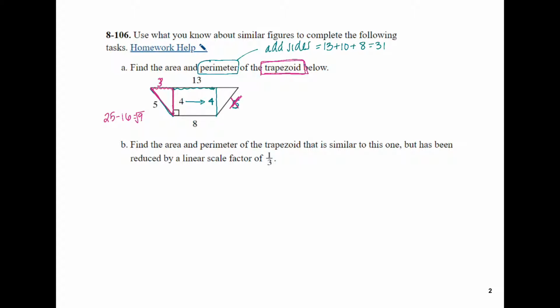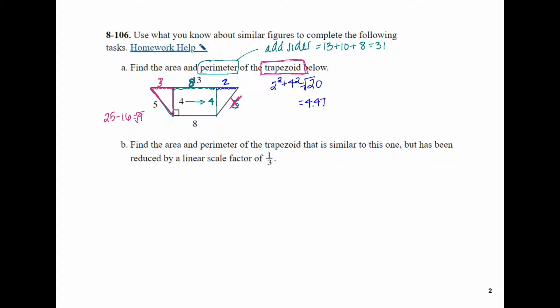We also can subtract 3 from 13 and 8 from 13, and we know that this distance or base of this triangle is 2. We now can use the Pythagorean theorem, 2 squared plus 4 squared, to get our hypotenuse, which gives us 20. So then we need to take the square root of that number, and the square root of 20 is equal to